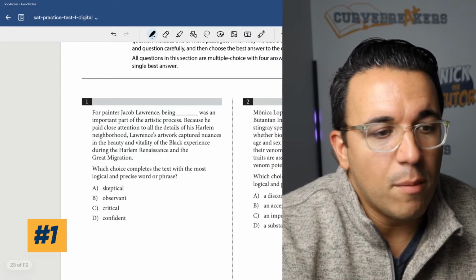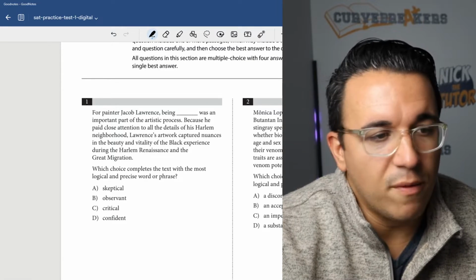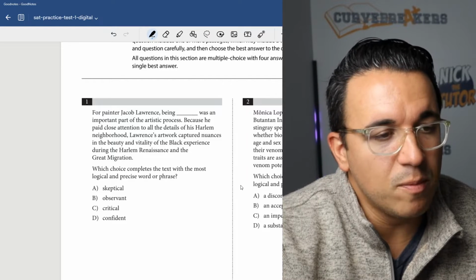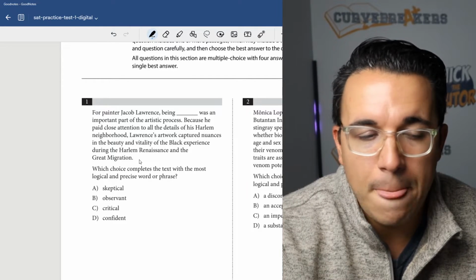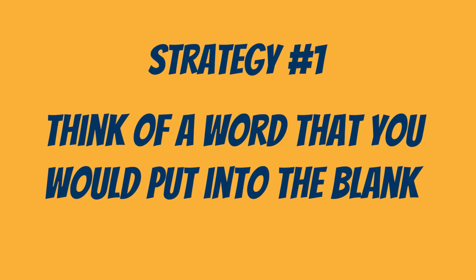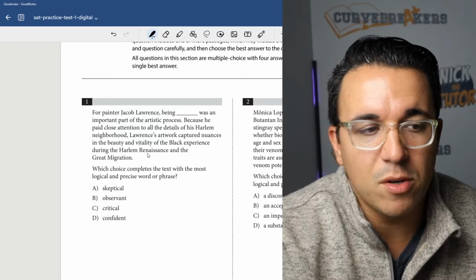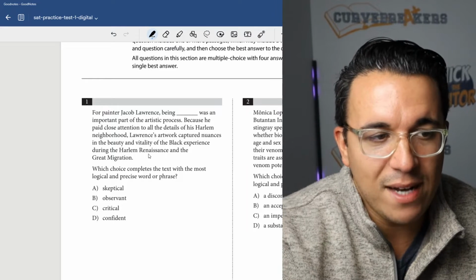All right, so let's talk about number 1. So we're going to be starting off with a bunch of vocab questions here. You can see they bunch the questions together, which is helpful to know. Now, in these kind of questions, the strategy is basically to think about a word that you would put into the blank, right? So you want to predict a word and then, of course, match that to the correct answer